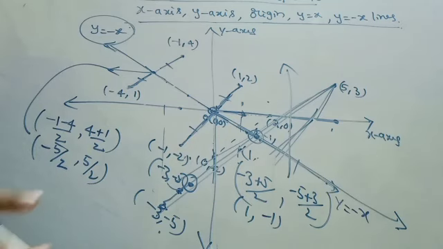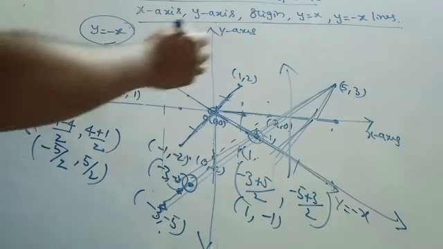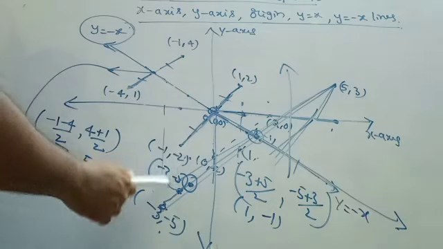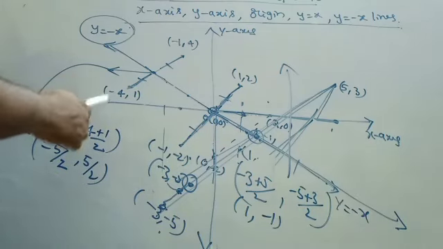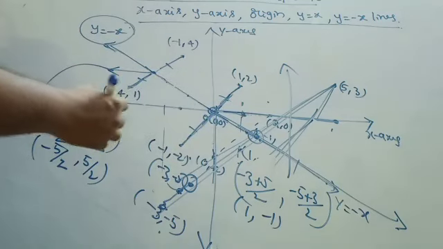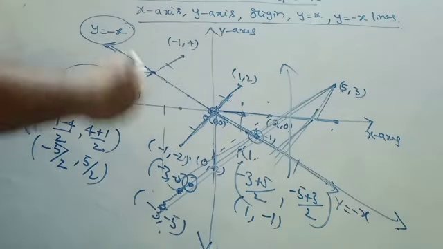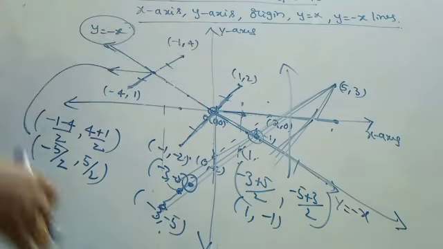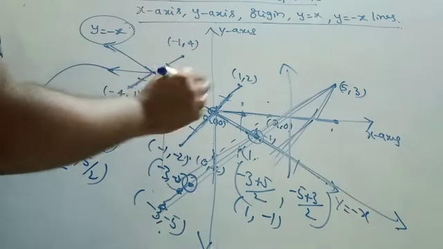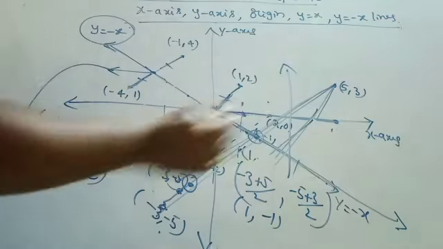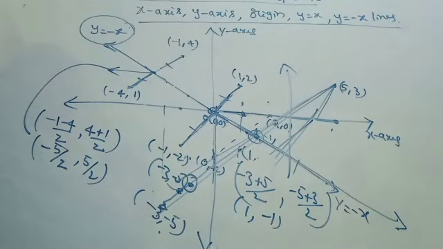In this way, in general, a point which lies in the first quadrant has its image in the third quadrant. We have to get the image in this way, and you can easily check that whenever you take the midpoint, it should lie on this particular line y = -x.